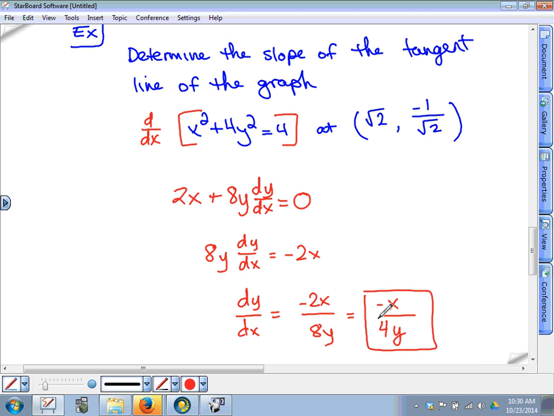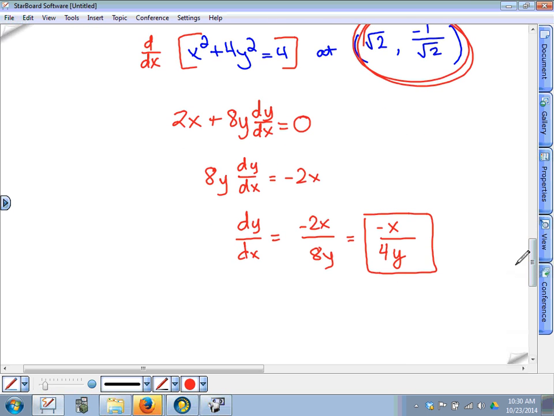Among other things, one of the uses of a derivative is to find the slope of a tangent line, as long as we know the coordinates of a point. And we know the coordinates of a point. So now you plug in those values. So it's negative square root of 2 over, come on, keep going. Divided by 4 times